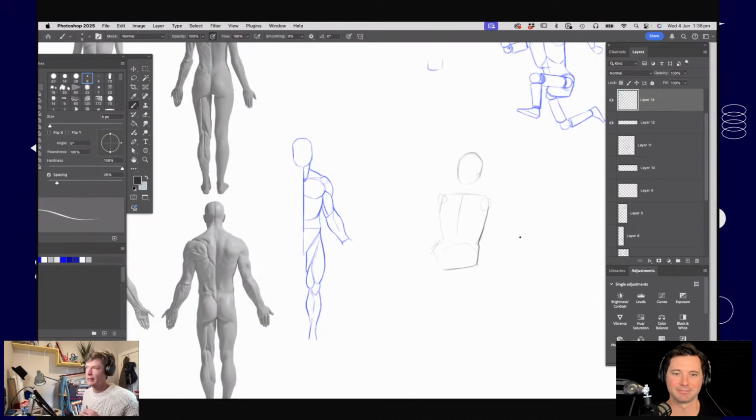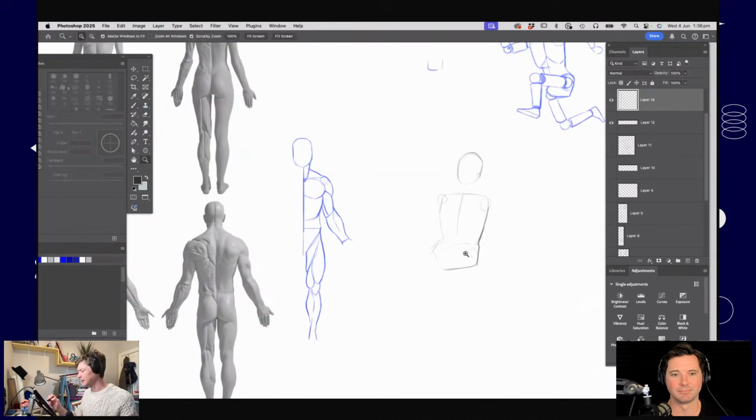But it is worth noting that regardless of body type, all these muscles do exist in everybody, in different sizes proportionally. It is worthwhile drawing really muscly people sometimes, because it's an exaggerated version, so you can identify, okay, these are all the shapes that are there. I've learned roughly where they are and how they connect. And then you can adapt that to apply to any body type. It's more or less the same muscles that exist there.